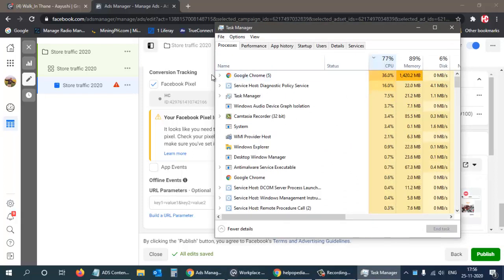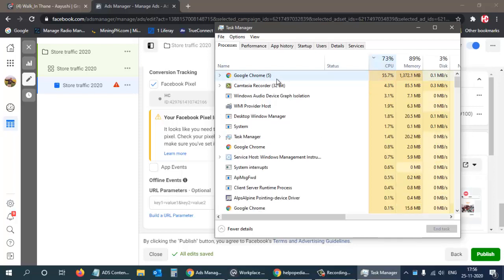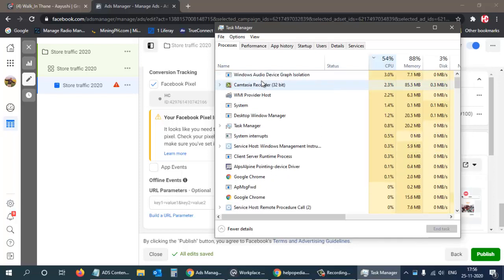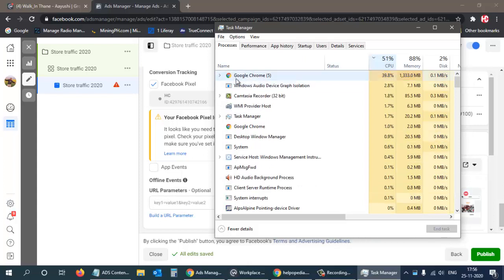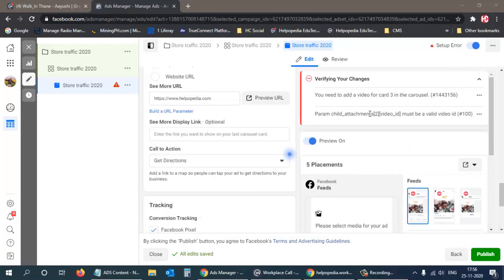CPU usage is 100%. Most of it is used by Google Chrome. Okay, fine. So you need to add video for card 3, and this is attachment video ID must be a valid video ID.